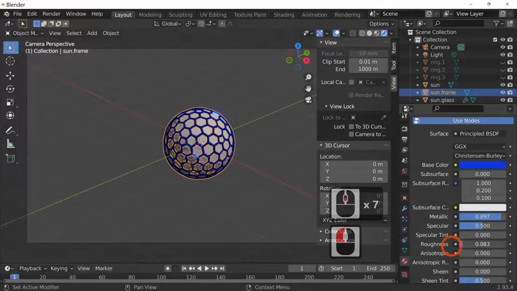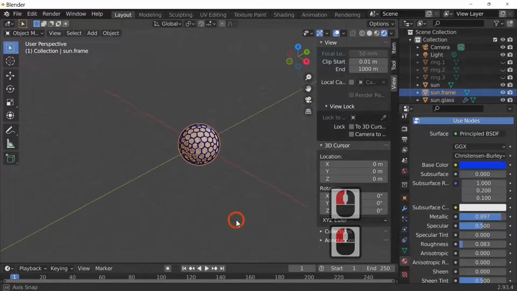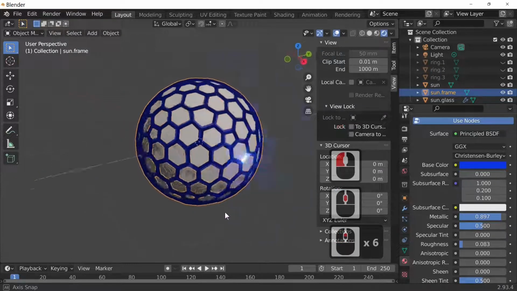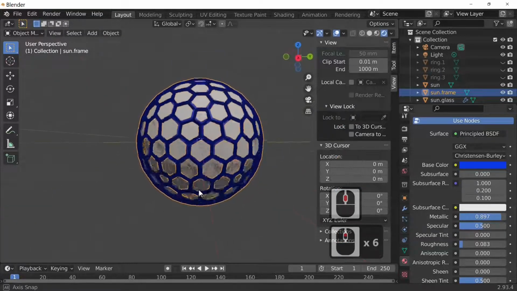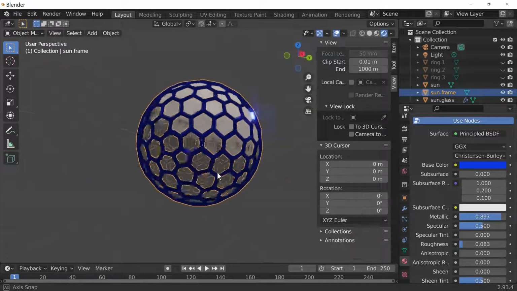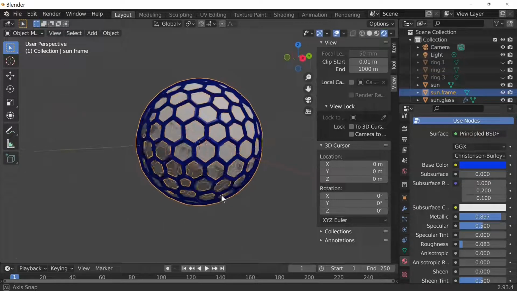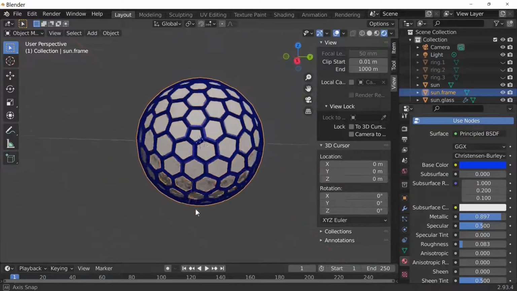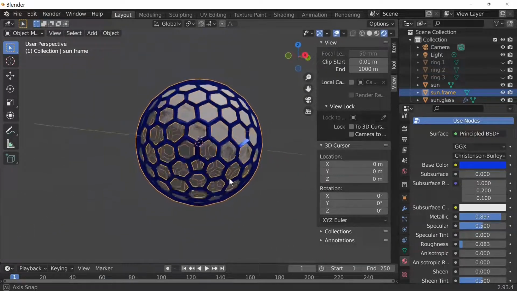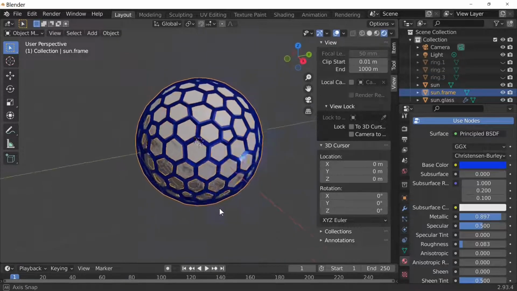Take the roughness down to something quite low, just so it actually reflects. As you can see, that's reflecting the one light we've got in our scene by default, which will be very handy for creating the actual star effect at the end of this tutorial if you stay till the end.